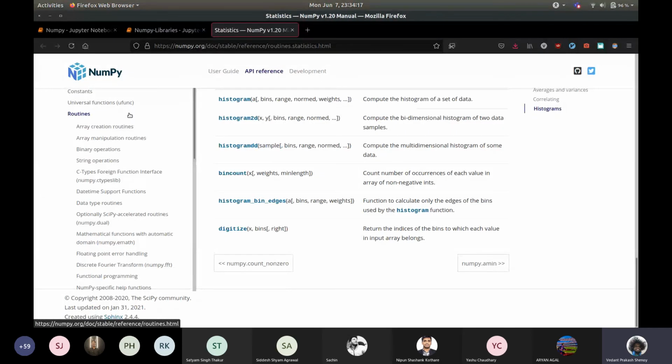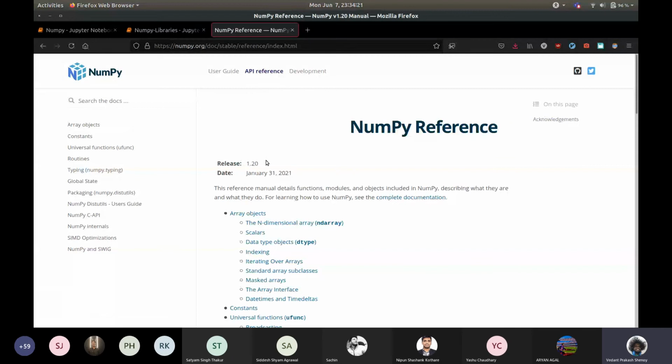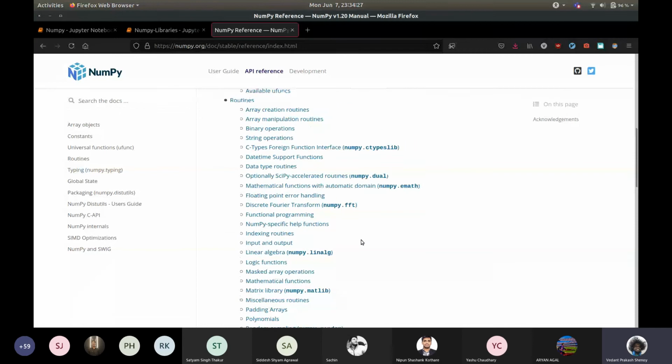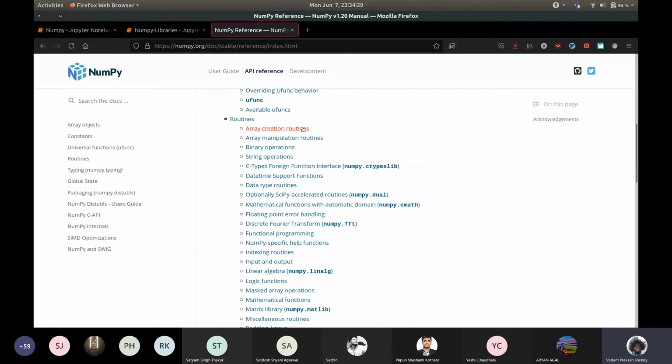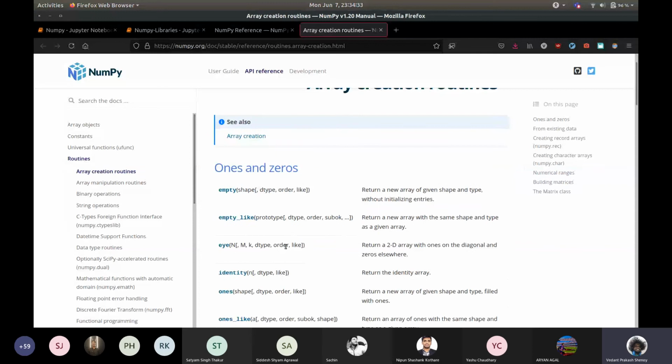But if you ever want to see what is there in NumPy, you can just go to the NumPy reference and open any of these links and you'll see a lot of them. In particular, these routines. So array creation routines, we only saw a few of them, right? But there's a lot more. So you can create an identity matrix of order n, right?